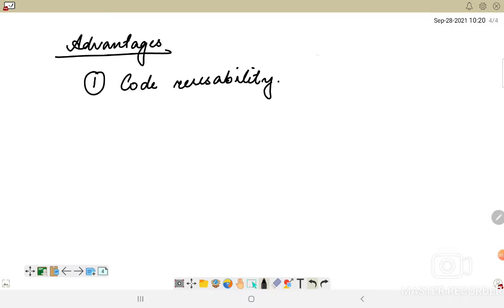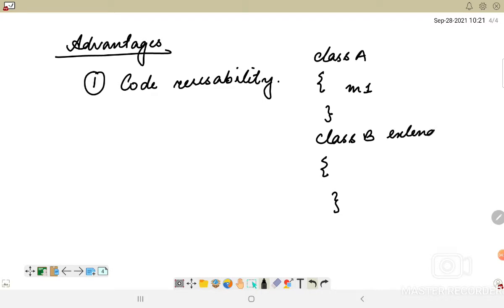What I mean to say is, suppose I have class A and class B. Code reusability means, suppose there is a method m1 here. So what I can do is simply extend A